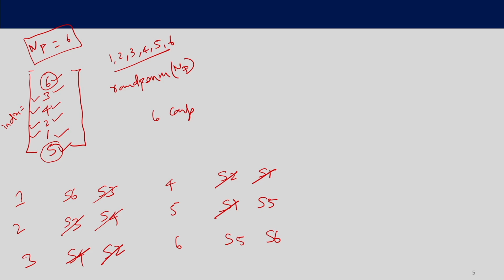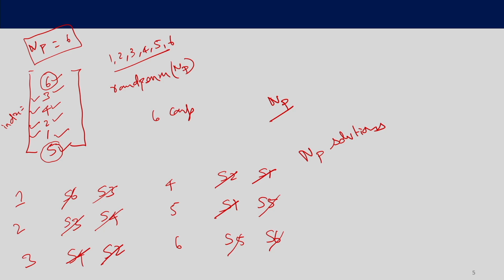This is the way we are going to conduct NP tournaments, right. So, from each tournament we will get one solution. So, at the end of it we will get NP solutions, and every solution would have got an opportunity to compete twice. So, with this, let us say this S5 has also got twice, S6 also has got 2 opportunities, right. So, this is how we are going to implement the tournament selection, right.